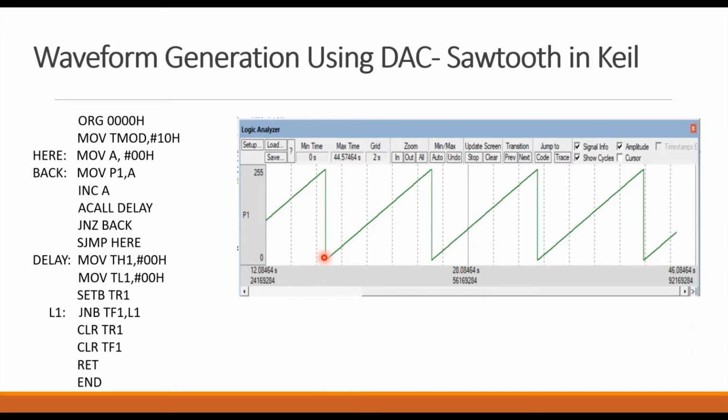But what after 00? There we have made the condition that when it is 00, it has to jump back to here. That means the accumulator gets loaded again with the 00 value, and it goes on continuing with that.